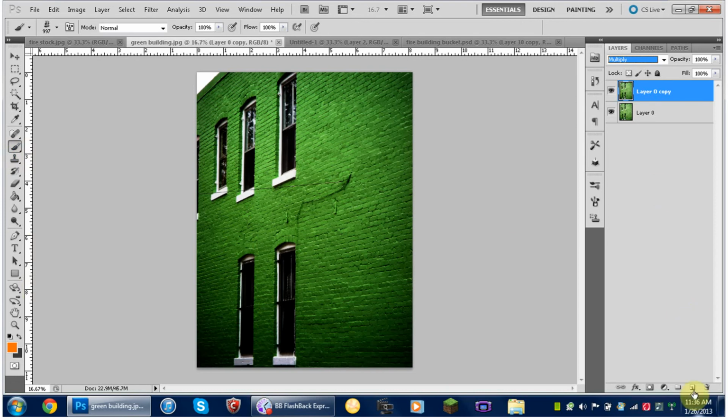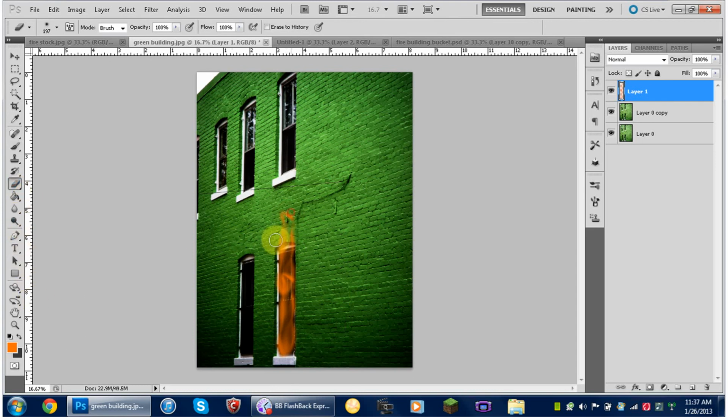Then on a new layer, make sure that for each window you're trying to put the flames in, they're all in different layers. So you want to maybe warp it or skew it, change it around a little bit. Size, you can edit one without having to mess up all the others. But yeah, just go ahead and start placing them in, and you really want to make sure that they're inside the windows. I'll show you later, because I'm probably going to make a mistake along here somewhere, and I'll show you the mistake towards the end of the video,